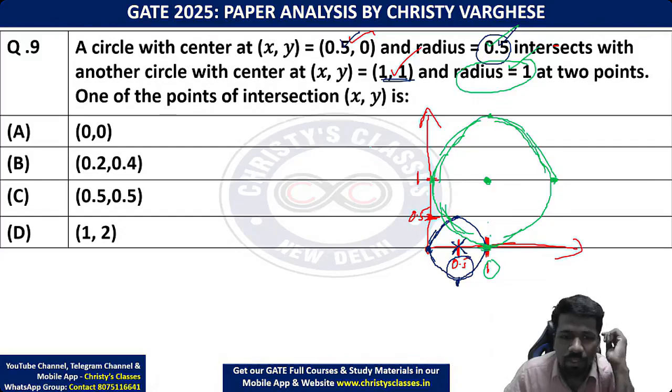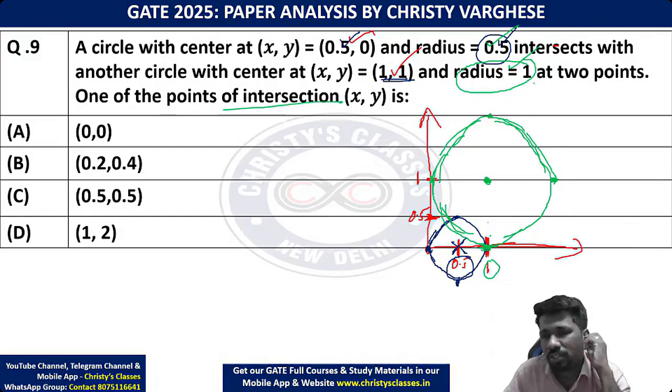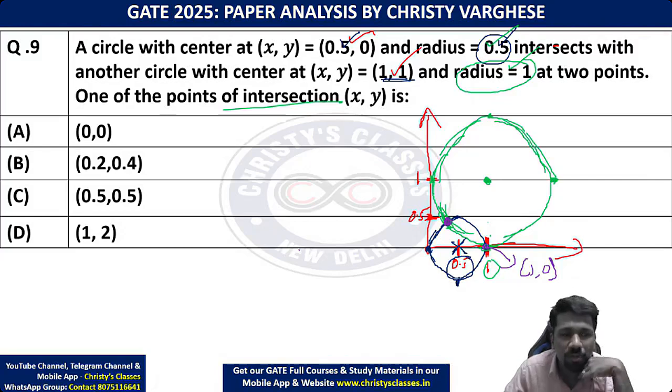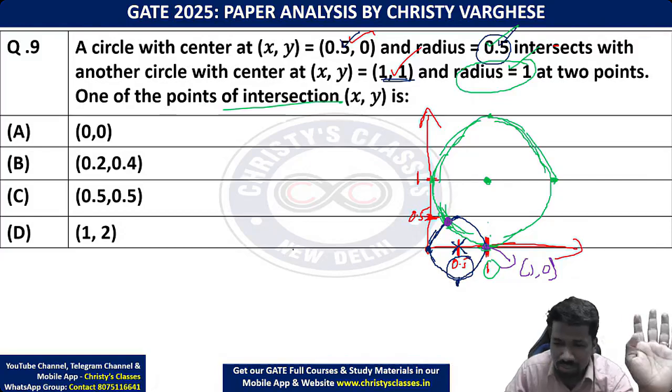So अभी क्वेश्चन क्या पूछ रहा है? Points of intersection. Points of intersection means this is roughly drawn, that's why it may not be that accurate, but elimination से कर सकता है. This is a point of intersection, this is a point of intersection. ये point of intersection क्या है? 1, 0 होगा ना, but 1, 0 ऑप्शन में नहीं है. So 1, 0 ऑप्शन में नहीं है, but 1, 0